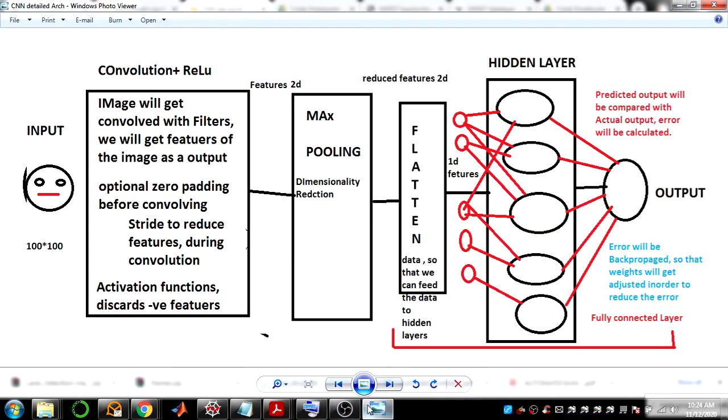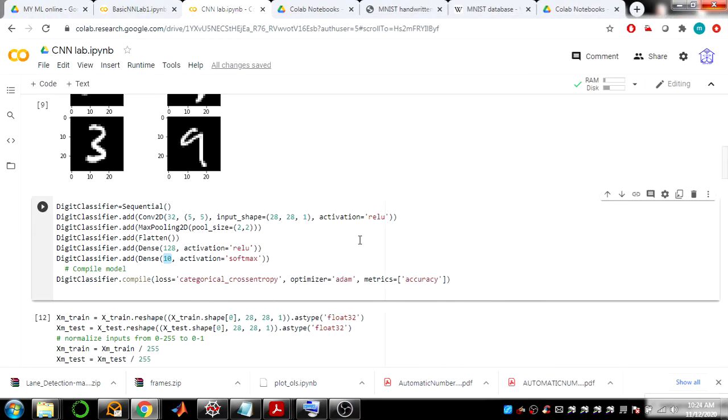So this is the reference architecture of your convolution neural network. Okay, they work just like your neural networks only. As usual they train the model, they start learning the important features from the images, and they cross verify with the outcome they get, like error calculation will happen, and based upon that weight adjustment also happens in the convolution neural network. Here also you have forward propagation and backward propagation both.